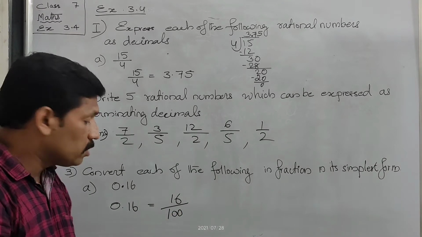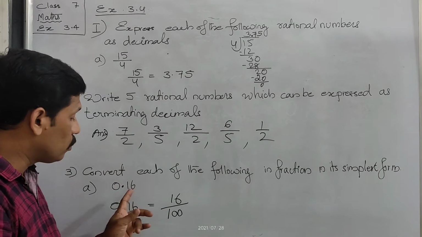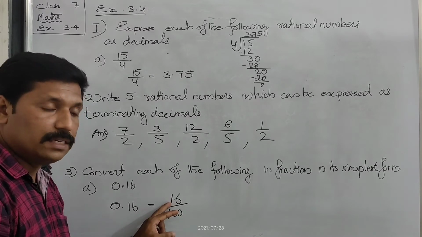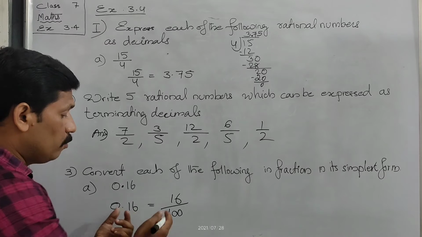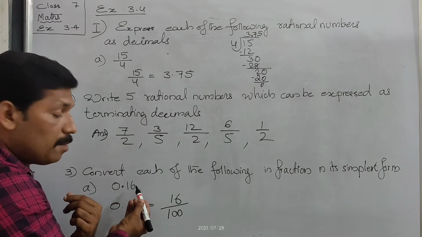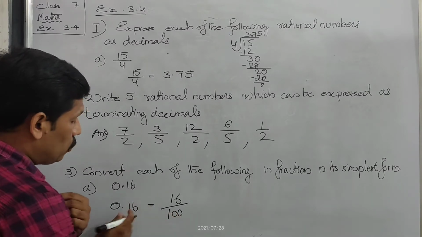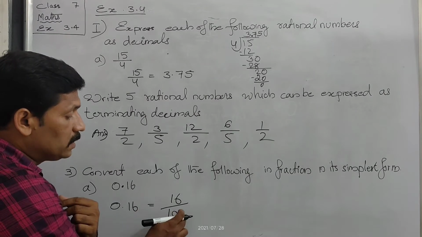Okay, I think you understood that. First of all, in a fraction, both numerator and denominator are needed. So in the numerator, we write the number without the decimal point. We ignore the point and then write the number. And in the denominator, we write 1, and then we count how many digits are there after the point, and accordingly we place zeros. Here after the decimal, 2 digits are there, therefore we place 2 zeros.